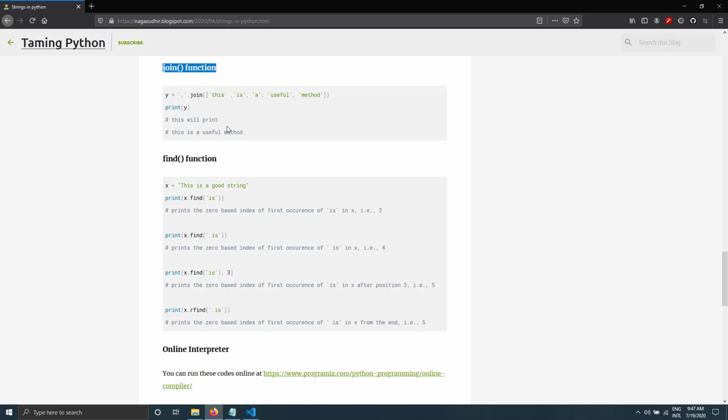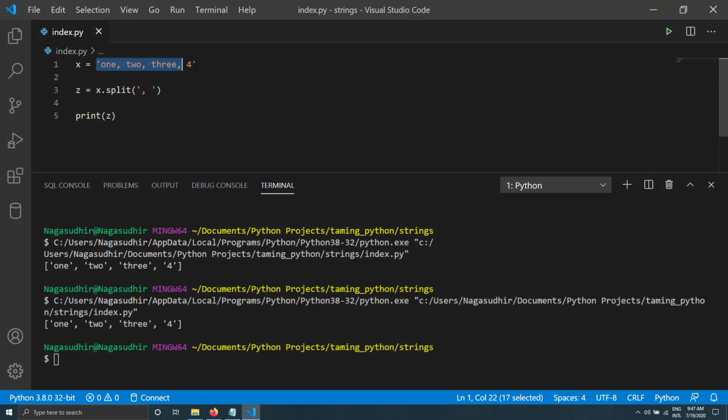Okay, now let's go through another function, which is a join function. This is something like split, but it is reverse. You can join a list of strings into a single string with a delimiter you specify. Let me take a demo of this one. I'll just use x as a list, and in that list I'll keep. Now I'll join x using a comma like this. I'll just write comma dot join x.